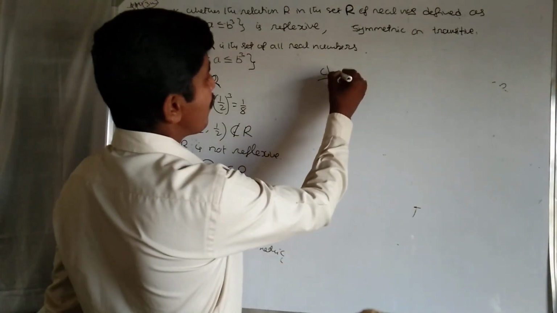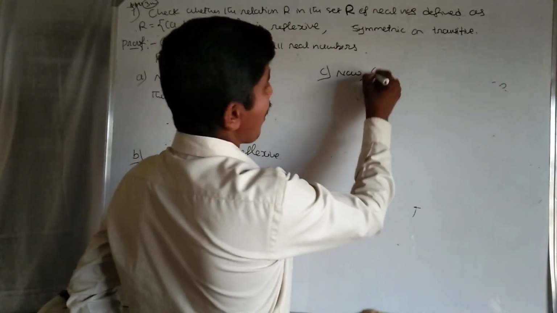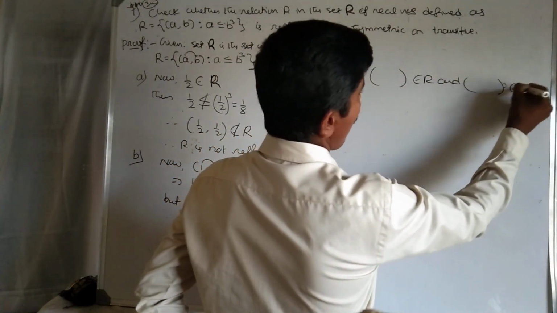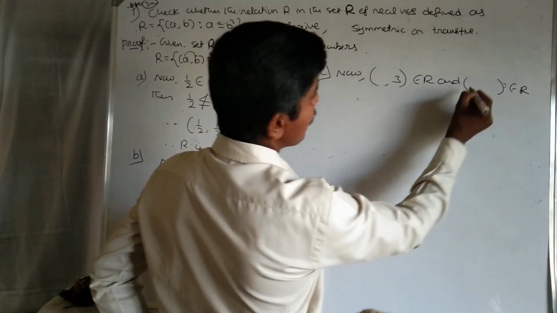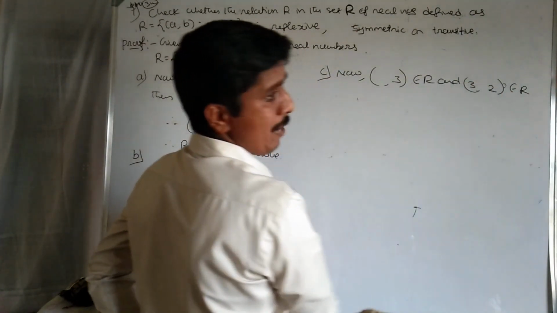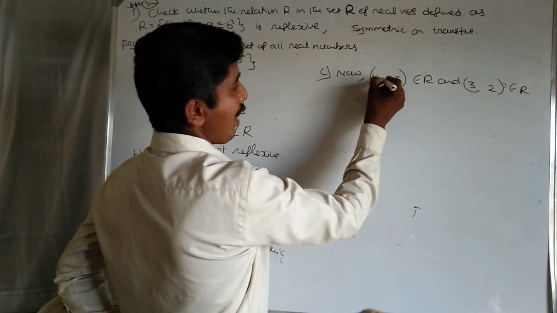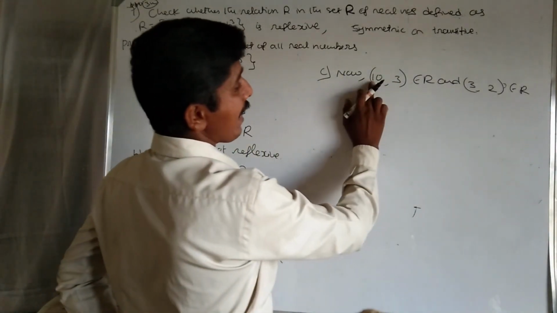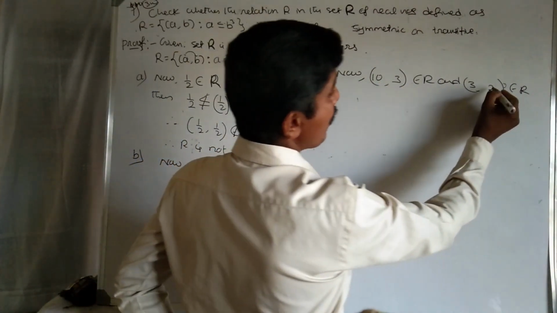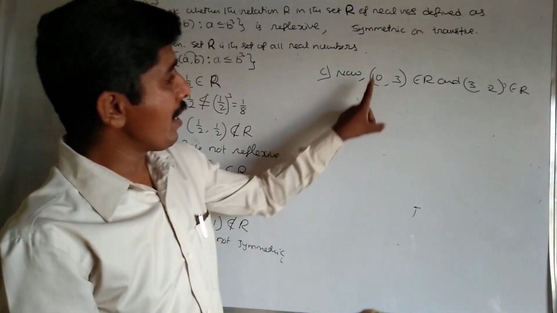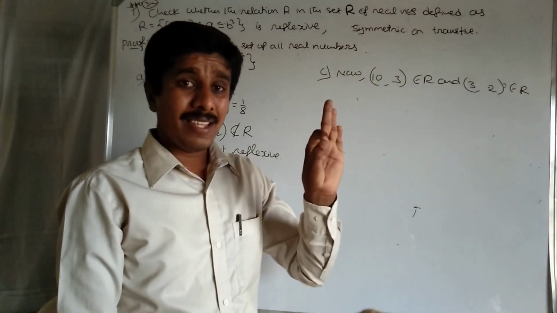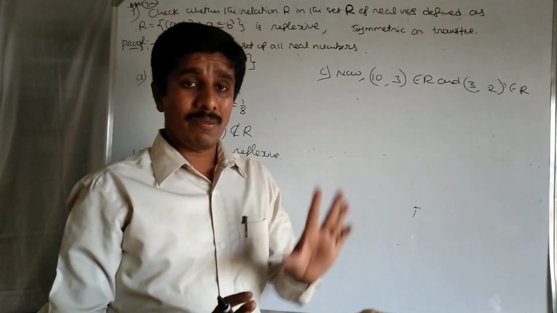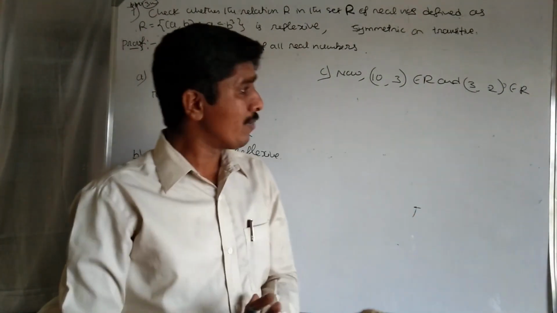Next, the transitive case. Now I am taking the last column. Here 3, 2, take the same as it is. Here, instead of 5, take 10, because the relation is the cubic relation. 10, 3 belongs to the relation and 3, 2 belongs to the relation. Instead of 10 here, you can take 11, 12. Practice these numbers, very important. It is very difficult to remember. If you practice, we can do it, otherwise not possible.